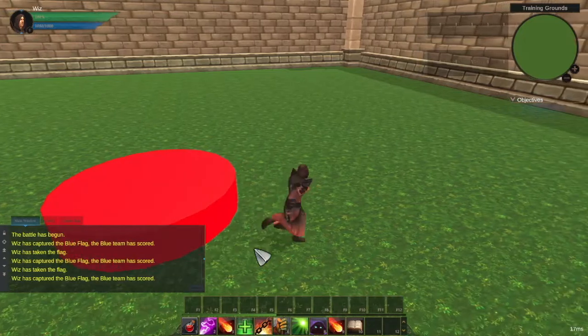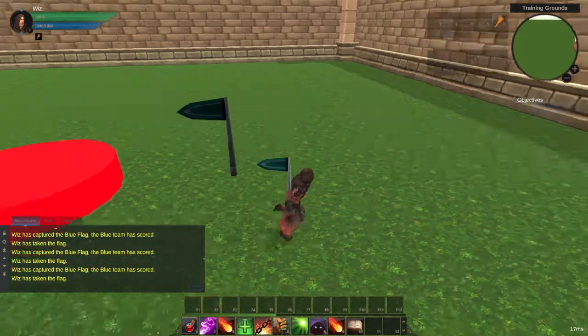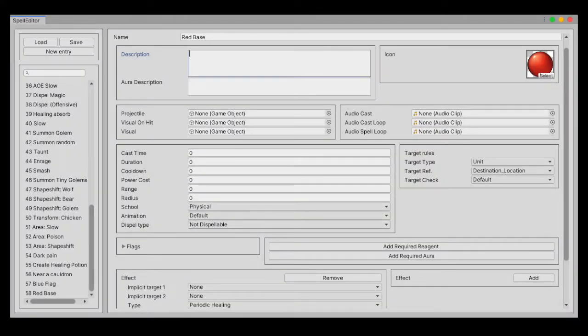We need flags and bases, so how do we create those? How does the system know I picked up a flag or just captured it? Let's start with the bases. Like crafting locations, we can also create bases with hidden auras. If we create 2 auras, one for each team's base, then we know when we are on the base of